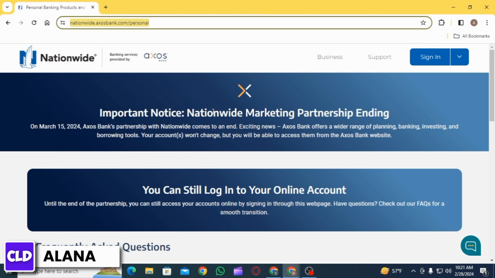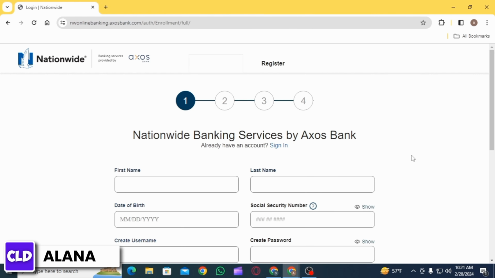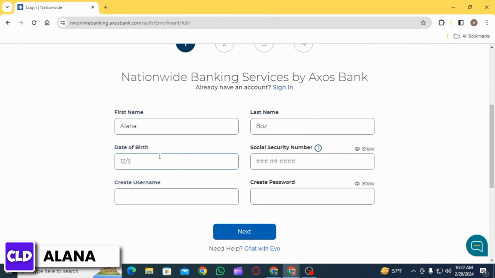First of all, you want to open up any web browser and head over to nationwide.axosbank.com. Once you're here, you want to click on the sign in option and select your bank account type. Then over here, if you have not created an account, you want to head over to the register option, then